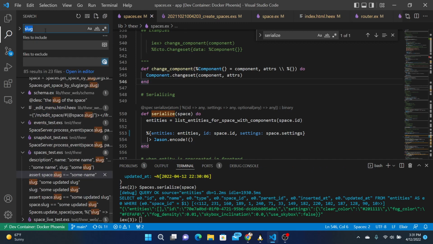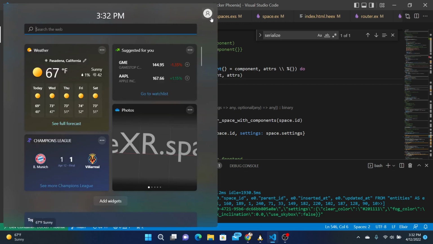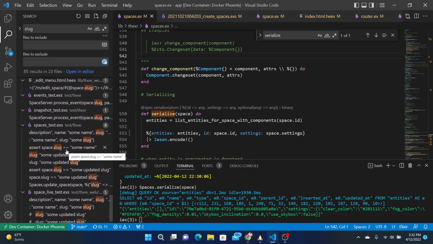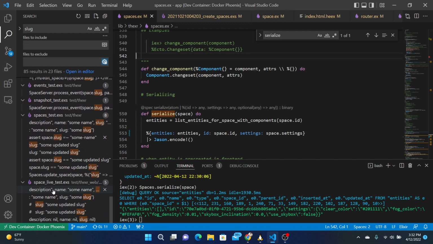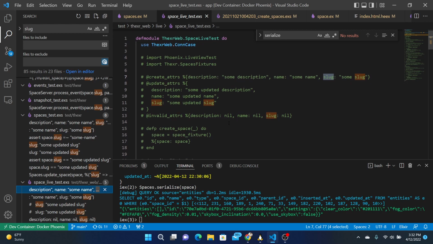Go back. What else? Slug. Let's just fix some of these tests, get it out of the way. Okay, so this was something that allows you to create a space.